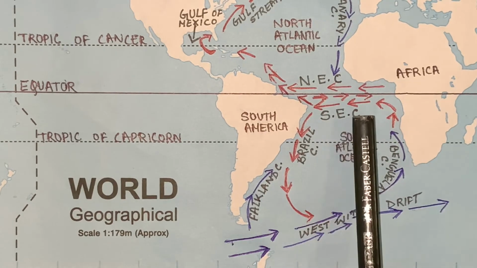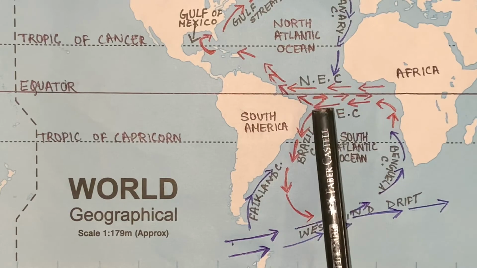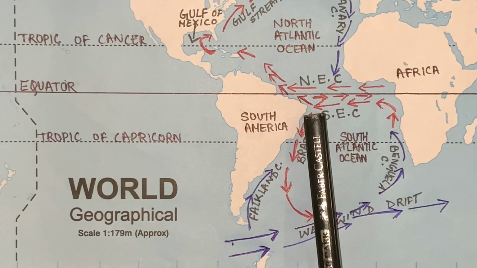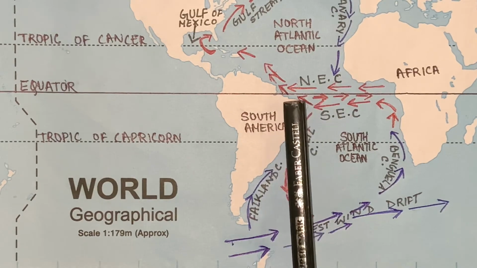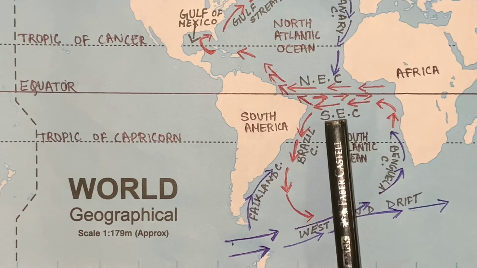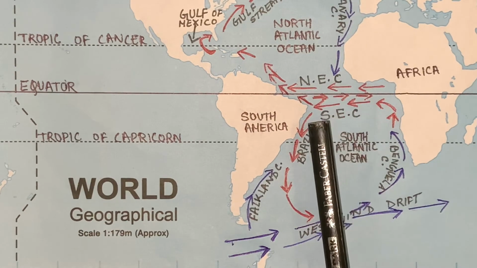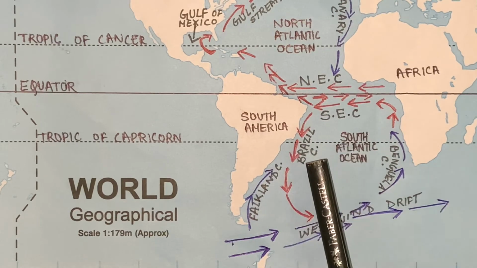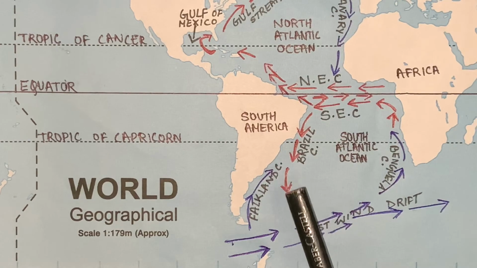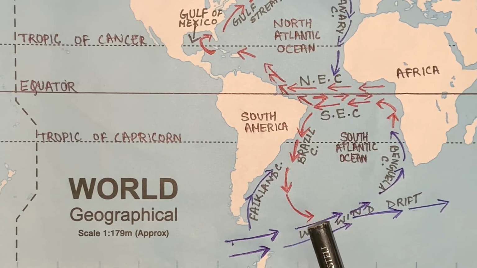This South Equatorial Current splits into two branches near Brazil. The northern branch joins the North Equatorial Current, you can see here, whereas the southern branch turns southwards and flows along the South America coasts as the Brazil Current. The Brazil Current turns eastward and joins the cold West Wind Drift flowing from west to east. It is shown with the help of the arrows.